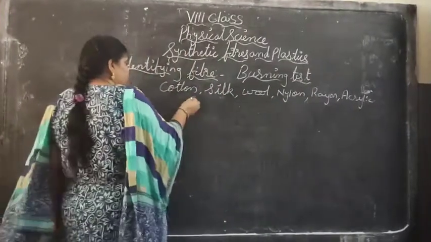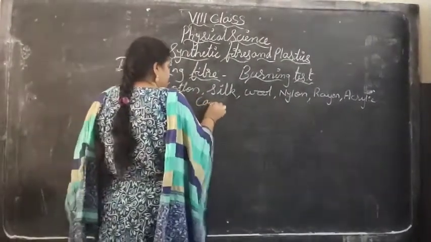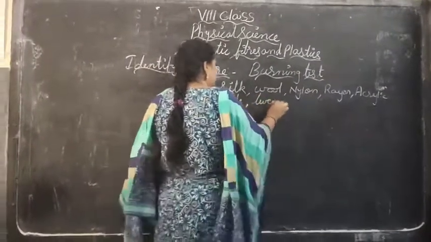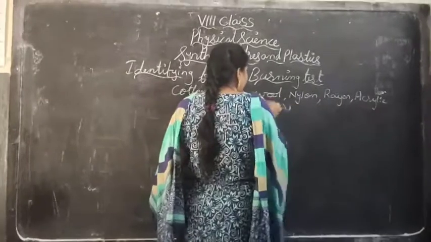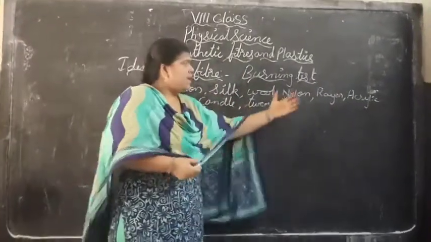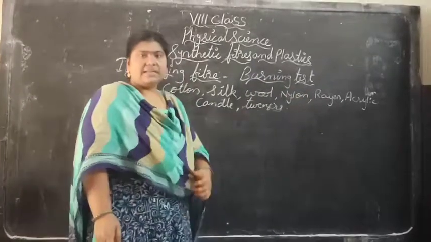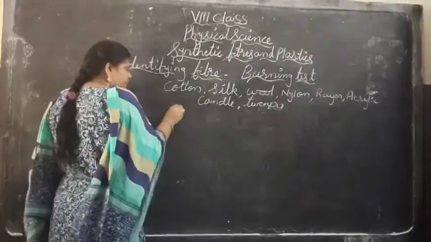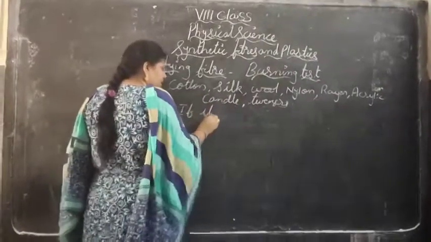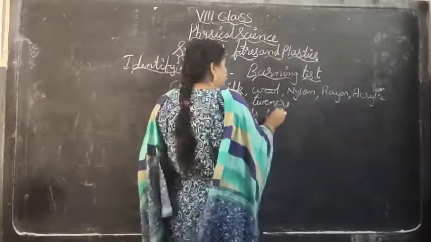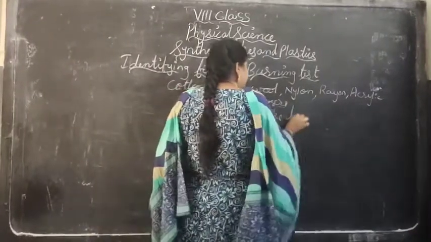So what you are going to do is take a candle and a tweezer and try to burn each one of the fibers. First cotton, next silk, next wool, next nylon, rayon, and acrylic. What we will find when we are burning is, if it smells like burning hair,